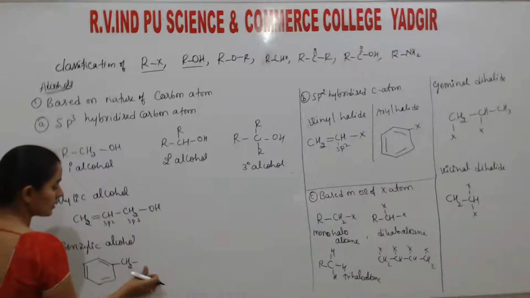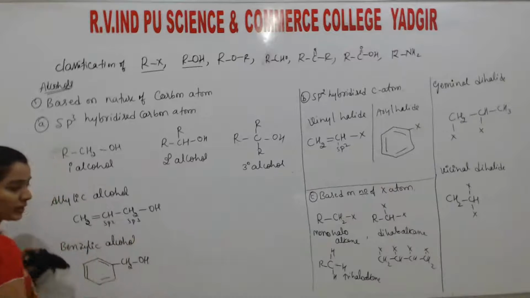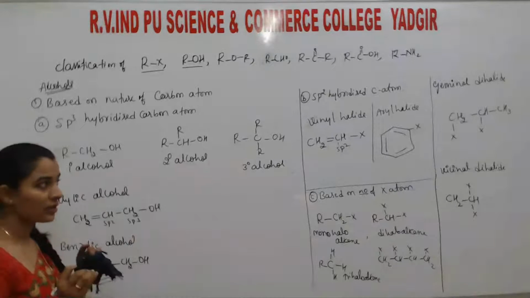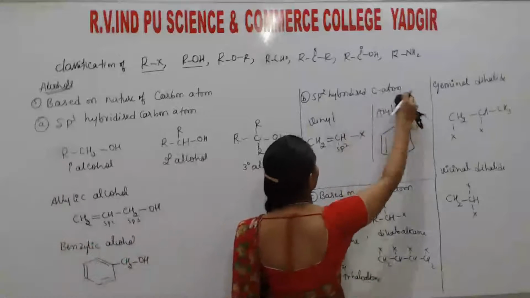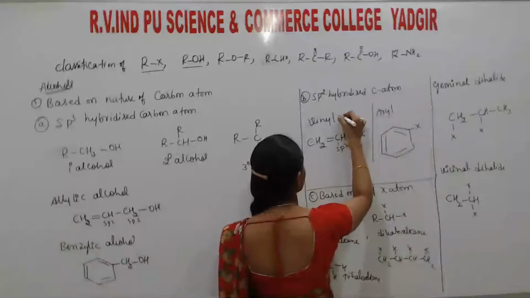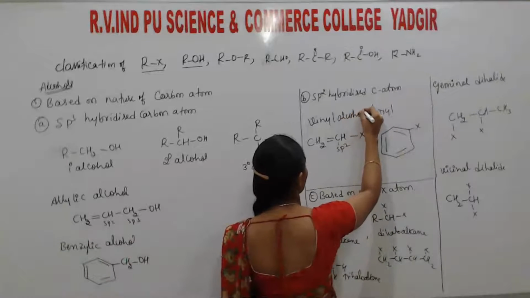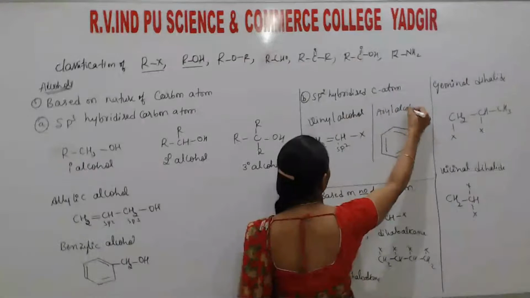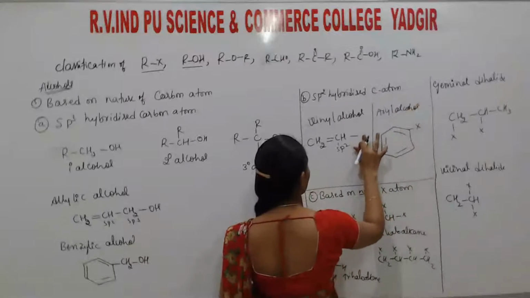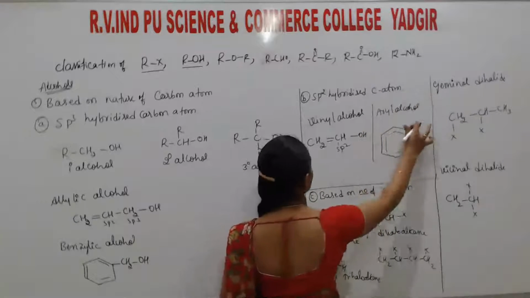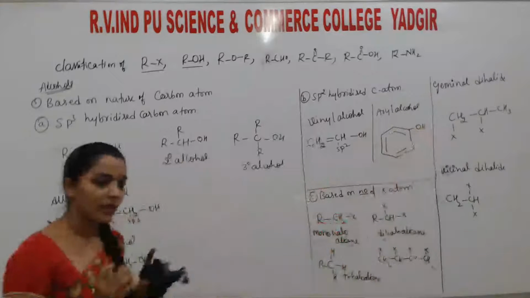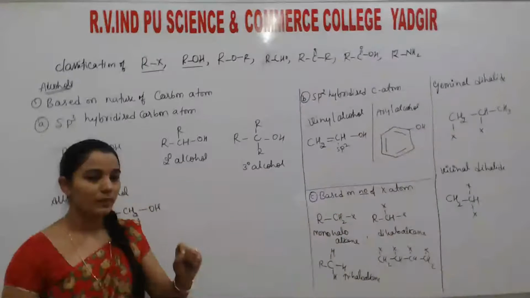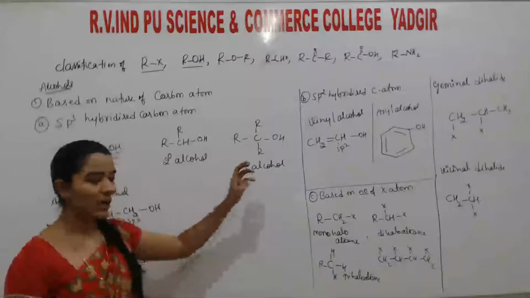The thing is, this X is replaced by this OH. The classification remains the same. Here also, in the place of vinyl, in the place of aryl, just replace alcohol group. Name also replaced by alcohol. This is also OH. This is also OH. Nothing else is there. The classification remains same for haloalkanes, haloarenes, and as well as